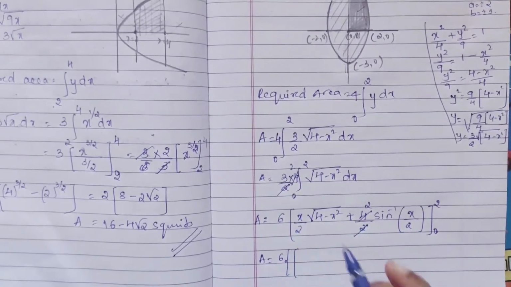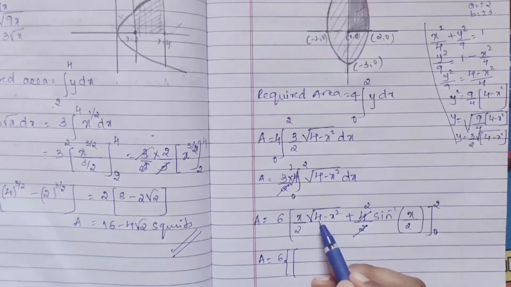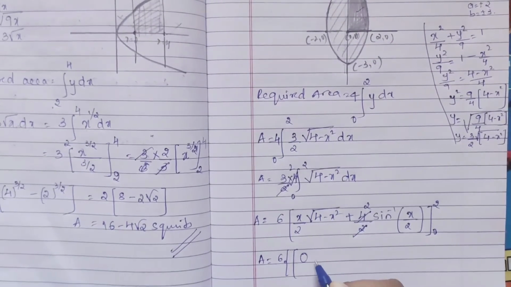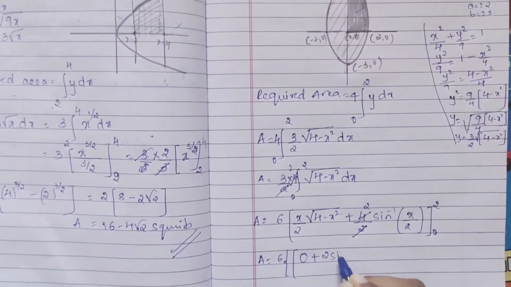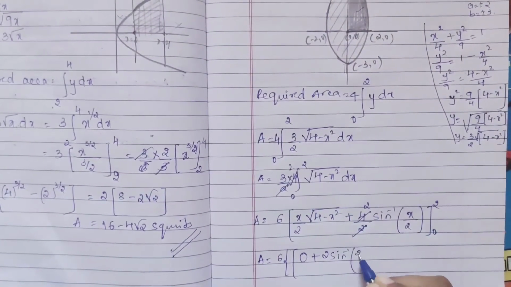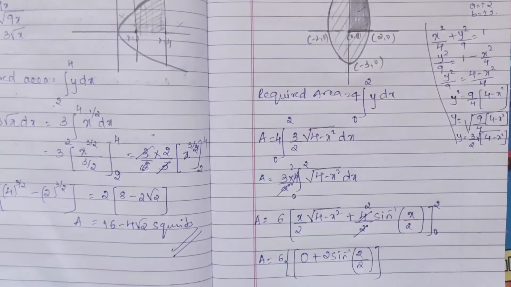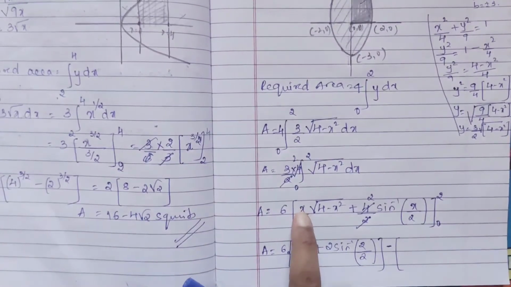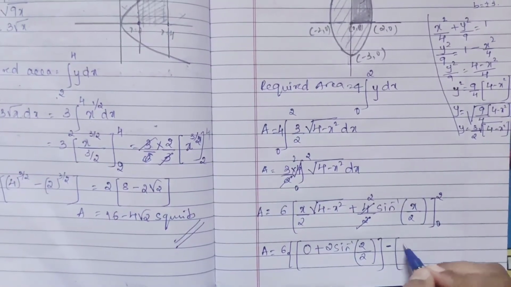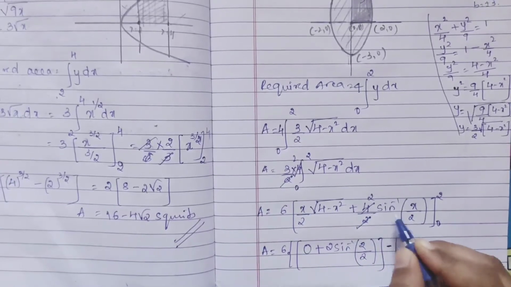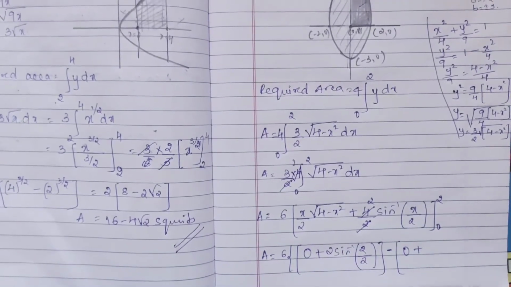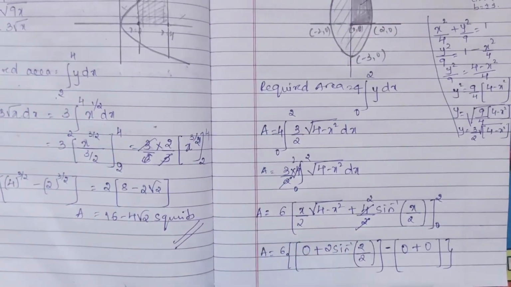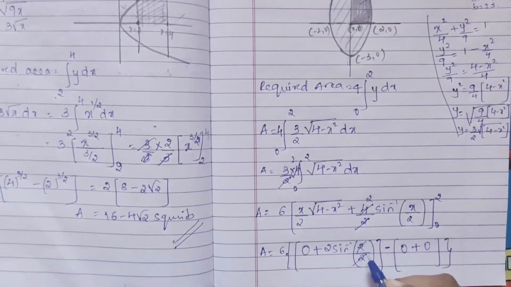So when you put upper limit here, 2 by 2 is 1. So 4 minus 2 square is 4, 4 minus 4 is 0. So anything multiplied with 0, it will be 0, plus here you have 2 sine inverse 2 divided by 2, which is 1. Okay. Next for a lower limit, apply for 0. Applying for lower limit, if I apply a 0, 0 by 2, anything will be 0, plus same sine inverse 0 term will be 0 itself. So here also you will get 0. Okay. So in short, you have here 2 1s are, 2 1s are. So sine inverse 1 you get.